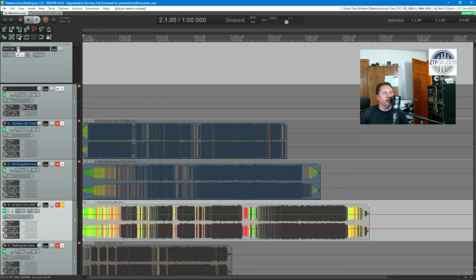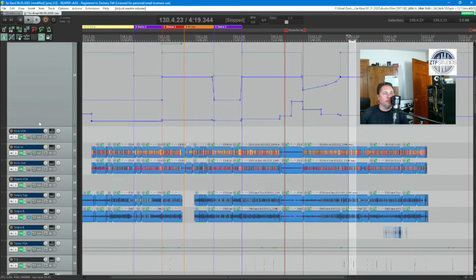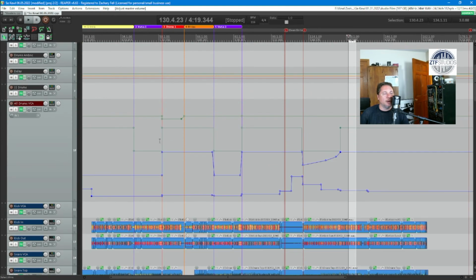So like I said, in future videos we're gonna look at all the automation I did here in the drums. So yeah, this is all drums. This is the volume envelope, the green one, and this is the bypass line for the FabFilter Pro-Q 2. So I was turning the EQ on and off, and what I basically was doing was another